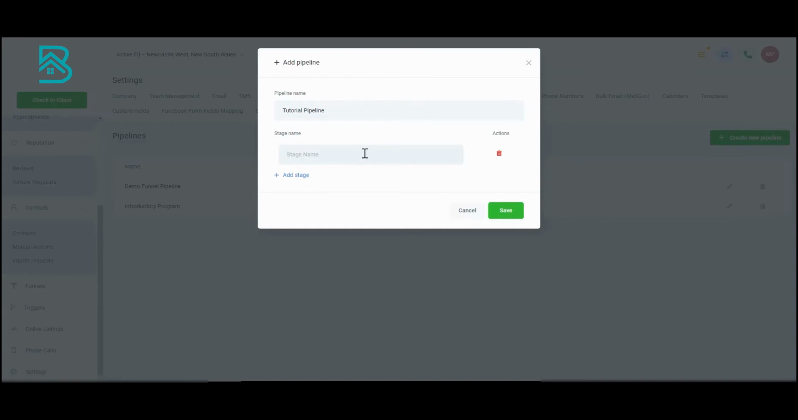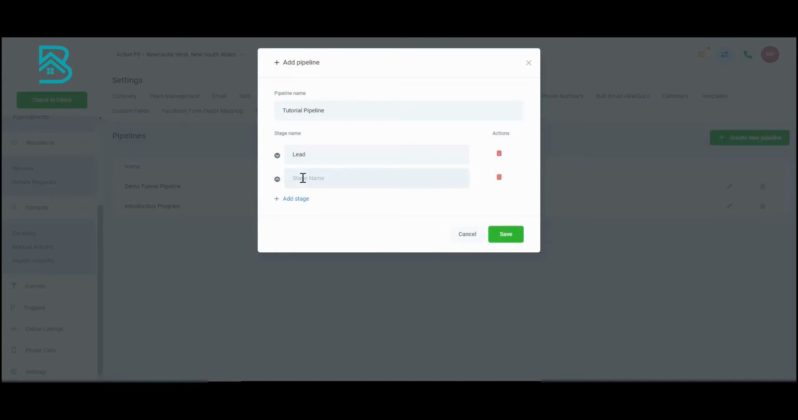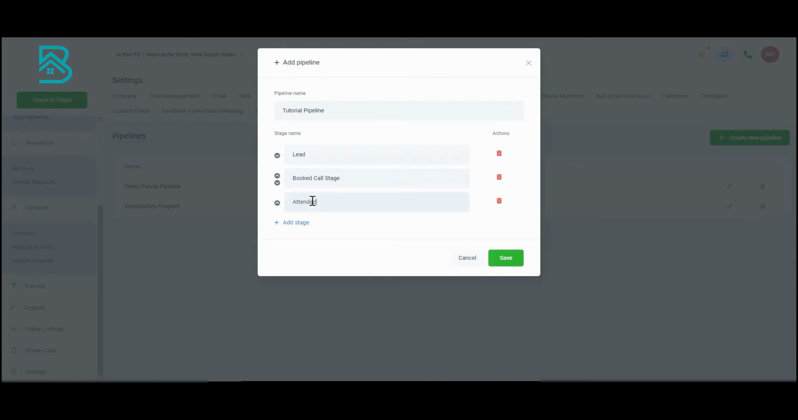So the stages are basically, if you think about a traditional sales pipeline, somebody usually comes in as a lead, then they might go to a second stage as having booked a phone call or booked a consultation. They might progress to something like a demonstration, and it might be as simple as that. It's up to you how complex you want to make this. However, it's important to note that you don't need to have a separate stage for whether or not the person has become a client or not, because that's something that's managed by status. So in other words, I can set this up like this and say I've got a lead stage, and I've got a booked call stage, and I've got an attended call stage,